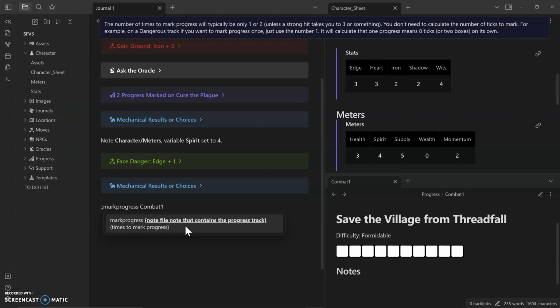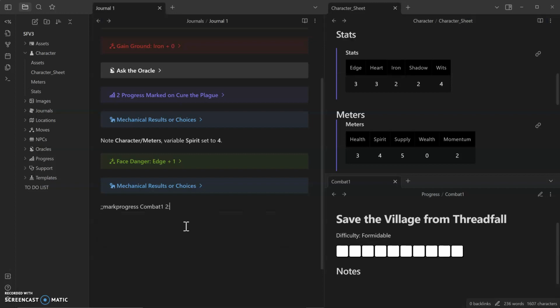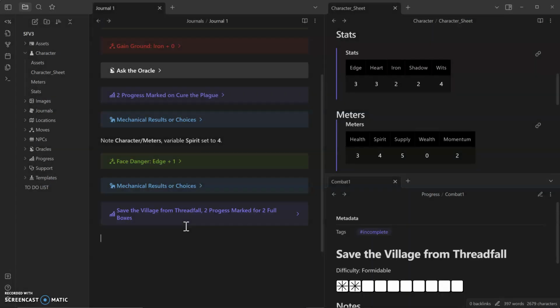We see it's formidable difficulty. So I'm going to mark progress twice on this, right? So if I mark progress twice on a formidable combat track or vow, it should fill in 2 boxes. So let's hope that it does this, right? And there it goes. So notice we got this purple box back that says we're on the Save the Village from the Threadfall. We have 2 progress marked for 2 full boxes, and you can see it updated right here